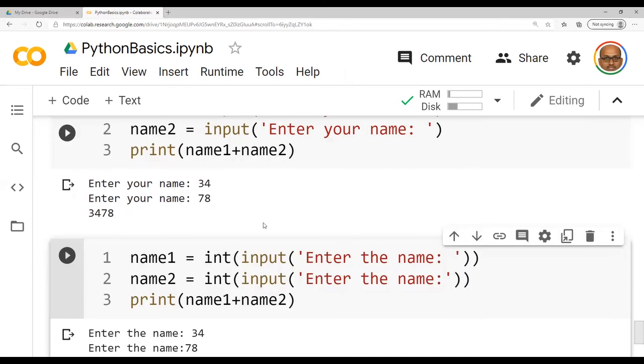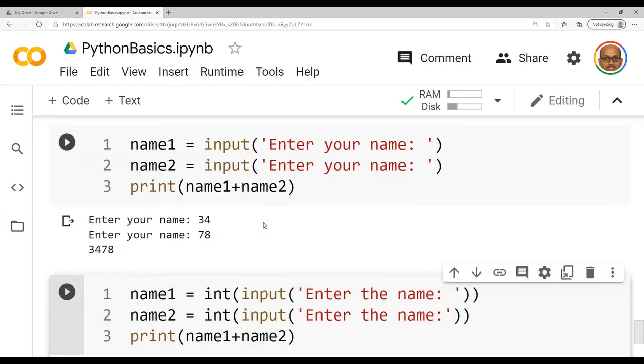So remember that when you are using a simple input statement without int or float, if you enter a digit or a collection of digits, it will be treated as a character and it will not be treated as a number.